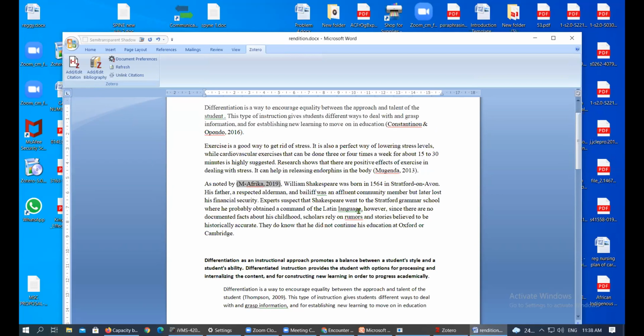When you are citing within the text, you remove the parentheses from the author. You only put a year, and if we have pagination, only the year and pagination will be put in brackets. So it will read as noted by M Africa, and 2019 is the only thing that is bracketed. And you can adjust it like that without affecting the formatting of